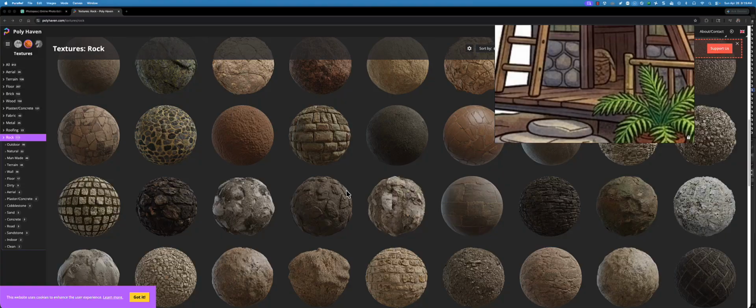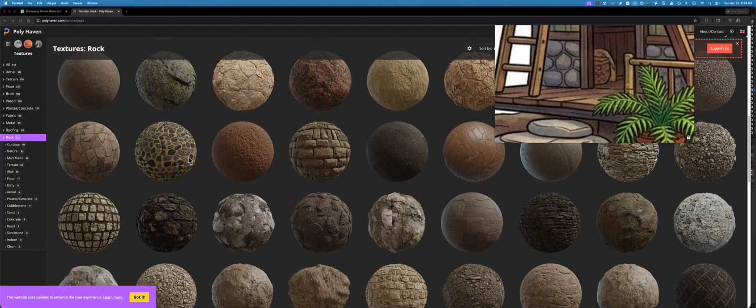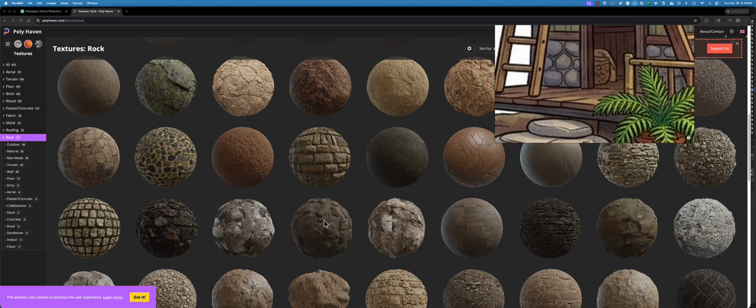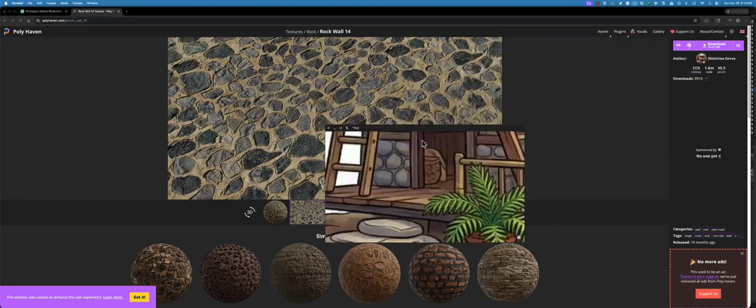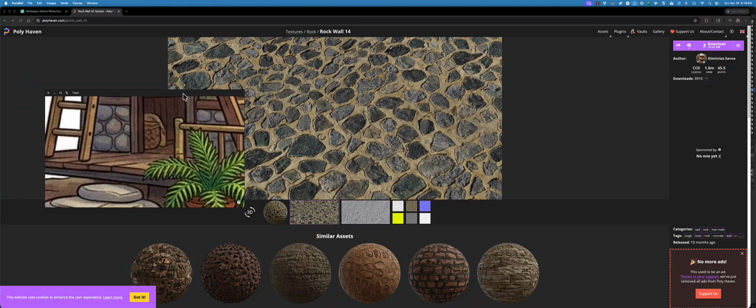So what I'm thinking is maybe we'll select this one because it matches the most, and we'll modify the texture in Photopea. Well, this one actually seems more, yeah, a little bit newer. This seems very aged and falling apart. Okay, so let's click on this rock wall, and we'll modify this texture inside of Photopea. So let's download it,